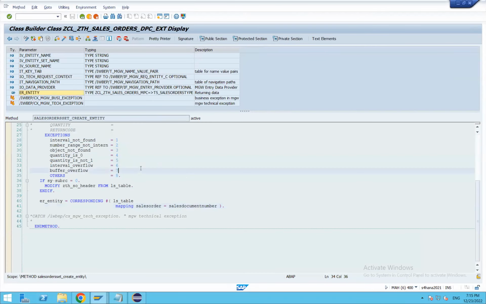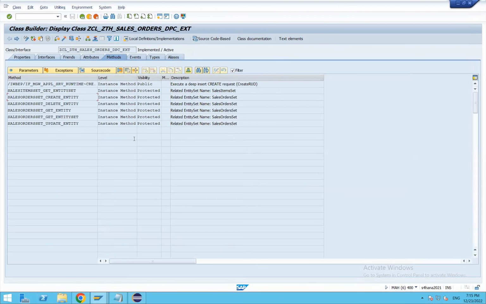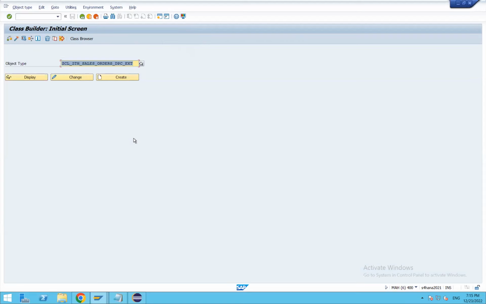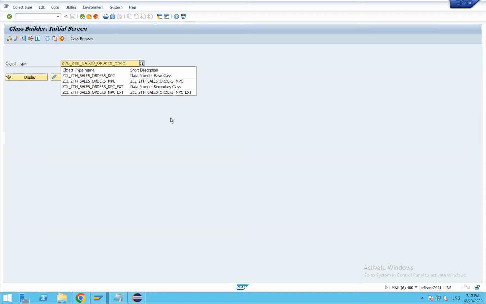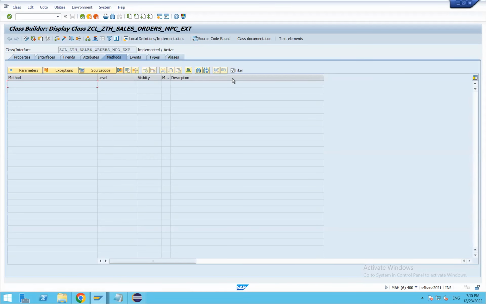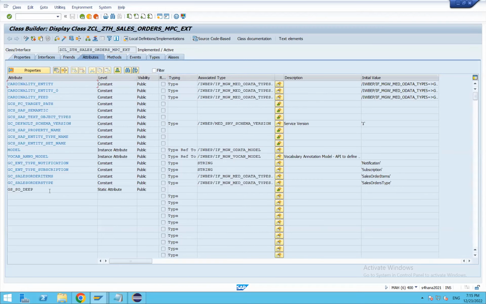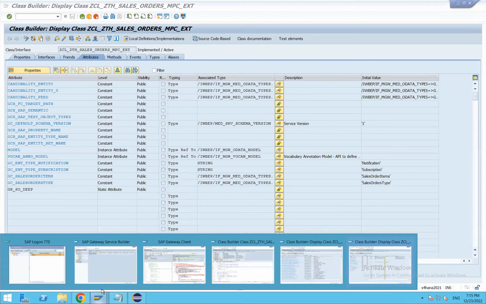Okay, and extension types we do, right? In MPC ext, the MPC extension type, in MPC ext we create this deep structure. So if we want to use this as a common global variable, a global declaration, whereas if it's a